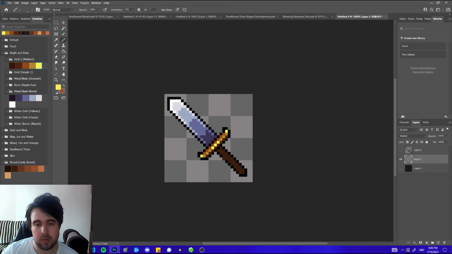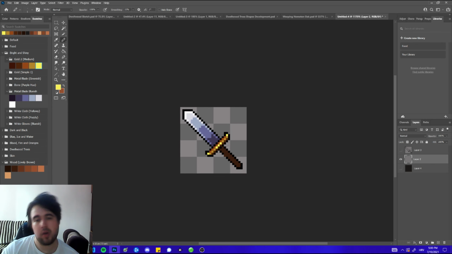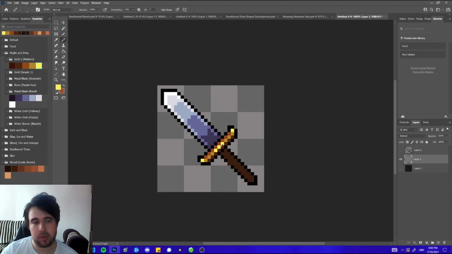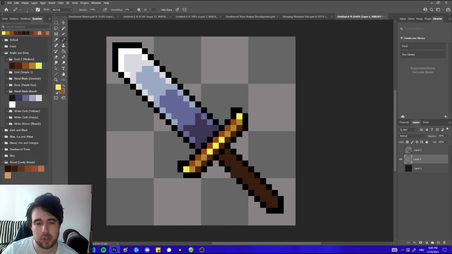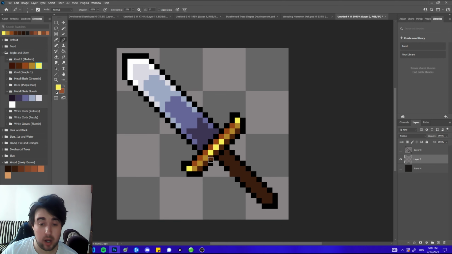Maybe on the edges as well, because they're a bit higher and closer to the light source, so we put the brightest pixel here as well. So now I think there's too much contrast. I kind of messed up this color palette. I didn't include something to bridge the gap between these two colors, like this one and this one. The contrast is too high, so I need something to soften the blow, and you could manually do this, but